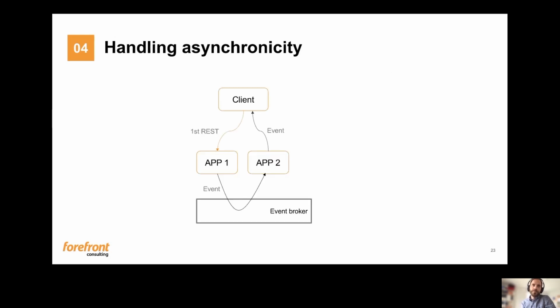So if we go back to our scenario here, whenever app 2 has consumed this first event, it does whatever effects that application 2 is responsible for, and then it pushes another event to the client instead of the client initiating a request to application 2.